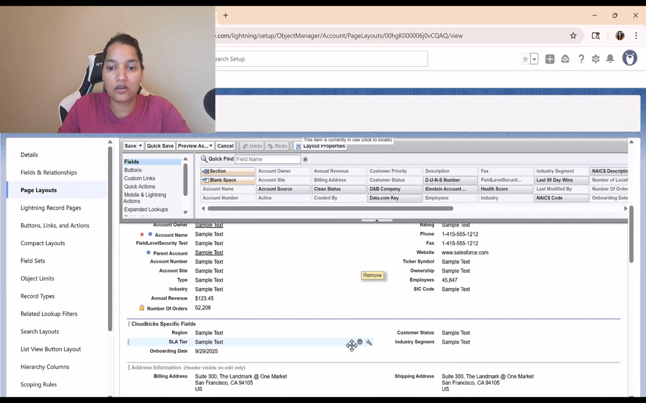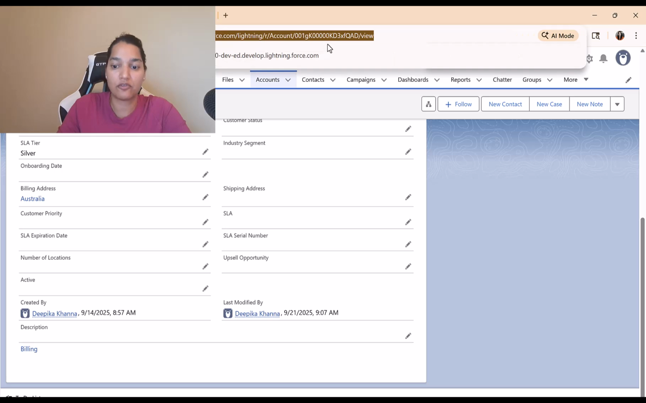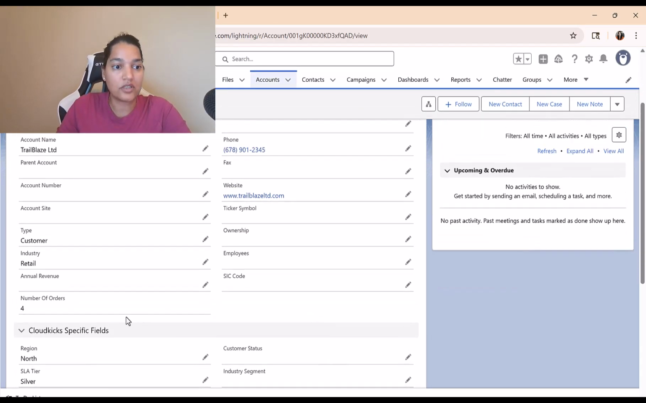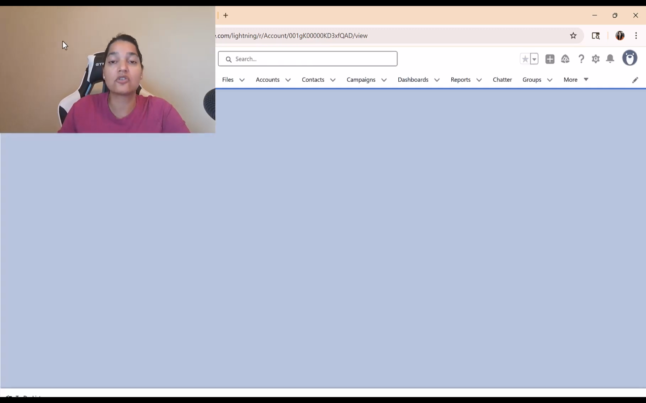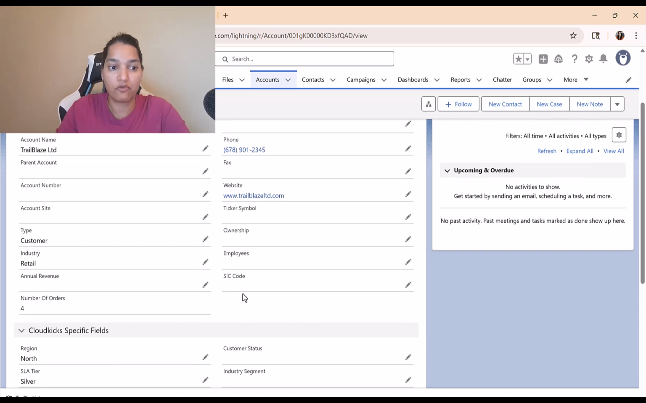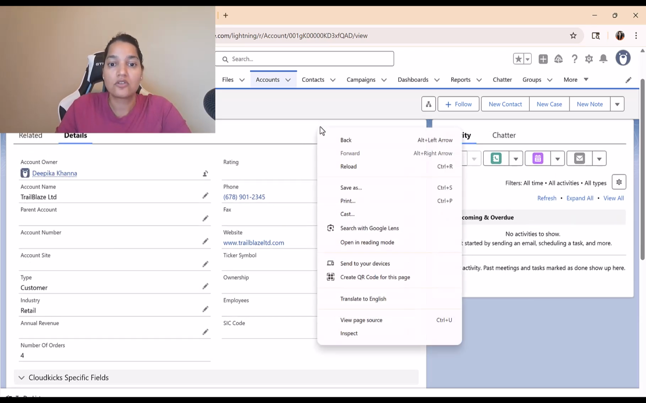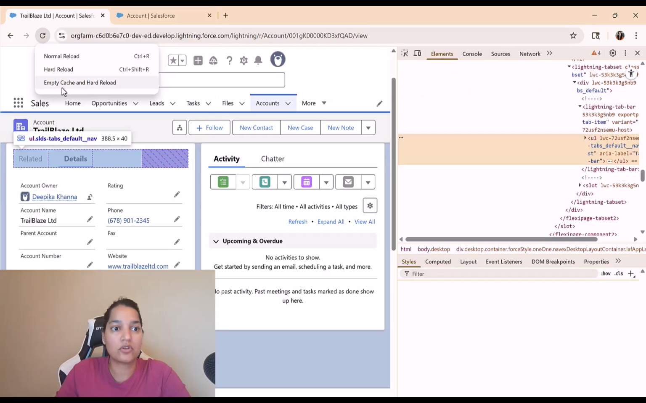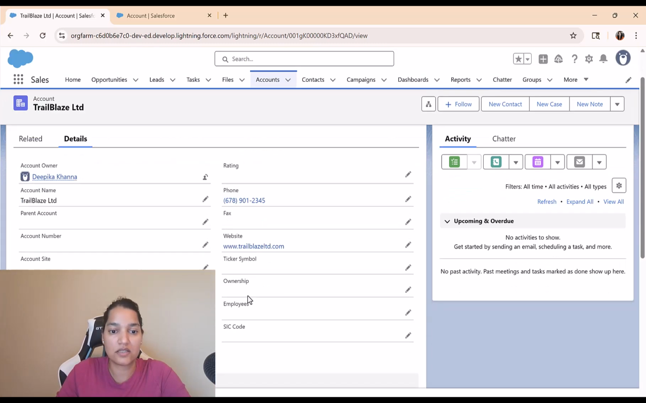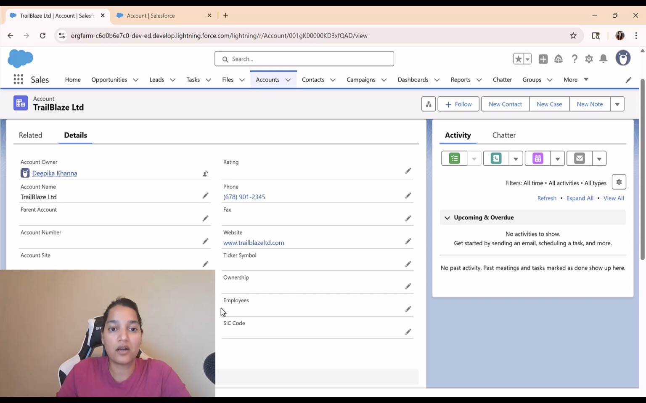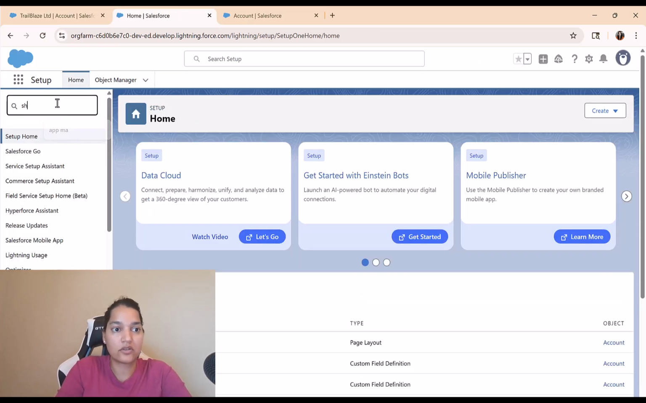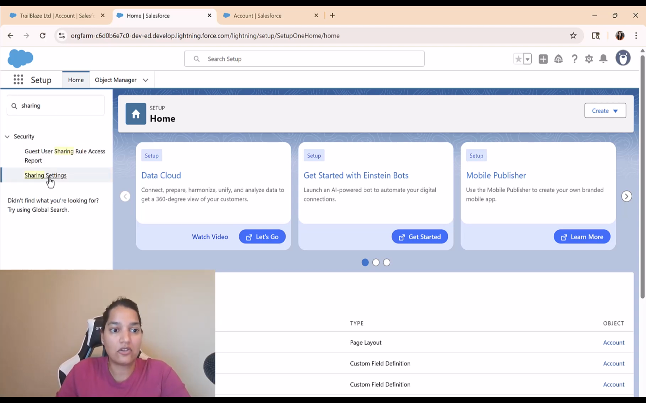If I go back and refresh it to see if the changes are available, under the section I still don't see it. Sometimes page layout changes take a little back and forth in order to be reflected. So here I'm going to inspect it, empty cache and hard reload, and go to the details to see if those have been added. So far, nothing. One more thing I'm going to do is go to the setup, and go under the sharing settings,